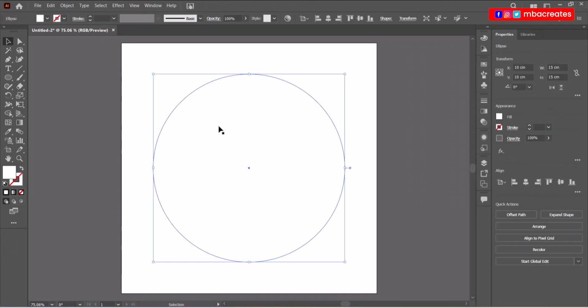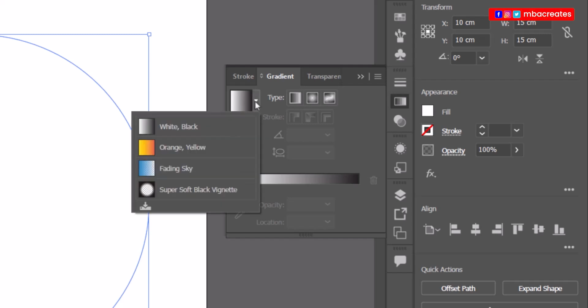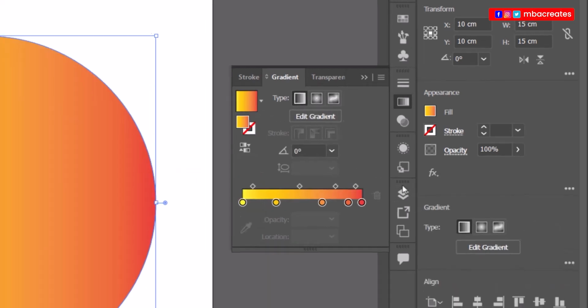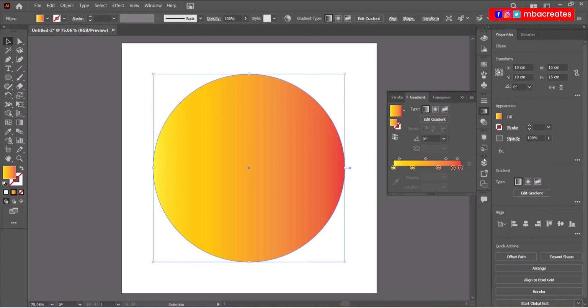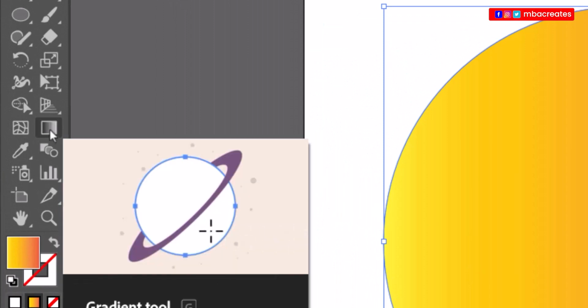So the first thing we are going to do is to recreate the sky, which has a gradient. So straight ahead, I go to my right, look for the gradient tool, and this time around I'm going to drop down this menu here and select orange to yellow, which is a bit identical to what is required in the question. So we can readjust it to suit what it looks like by choosing the gradient tool on your left in the toolbar,